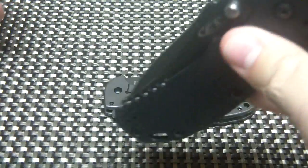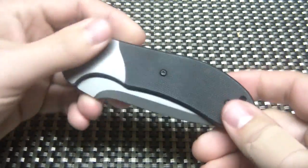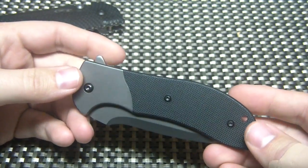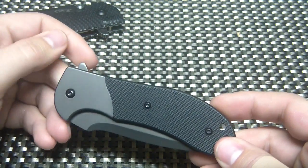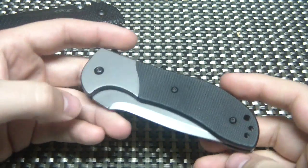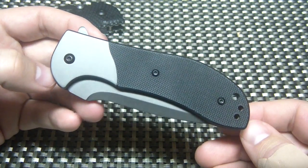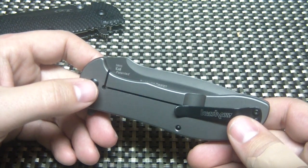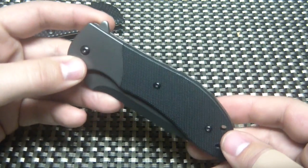But that's not what this video is about. You saw a little bit about that knife. We might do a full review later. This is the new Kershaw Scrambler, one of their new budget offerings for this year, and as kind of a theme I've been doing this year, I've picked up the majority of their budget folders just to review. I did the Cryo 2, the Injection, the Thermite,